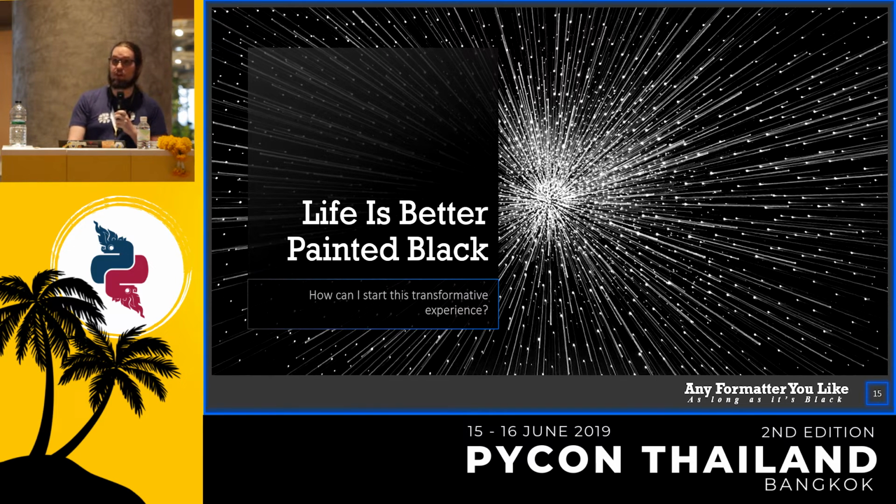But if you do want to start using it right now, it's super easy to get started. Just pip install Black, and it's safe, as I mentioned. It makes sure your AST is going to be the same, like the syntax tree is going to be the same. There are a bunch of built-in safety checks to make sure it will not destroy your code. As a data point, we use it at Facebook for tens of millions of lines of code every single day. So it kind of works. There are also a bunch of prolific open source projects using it. You can read all about that in the README.